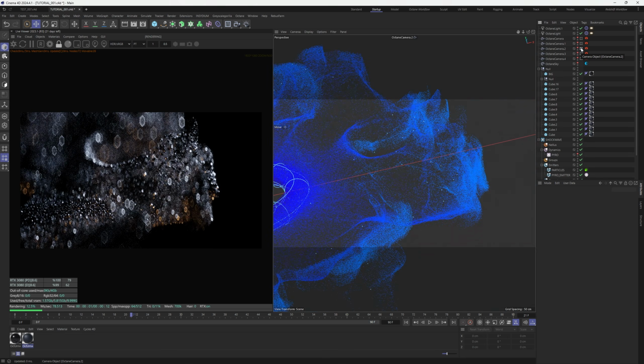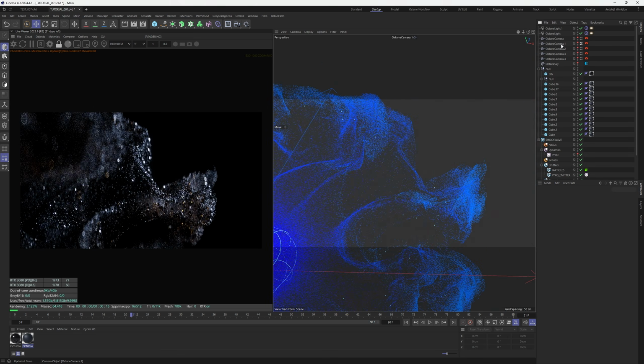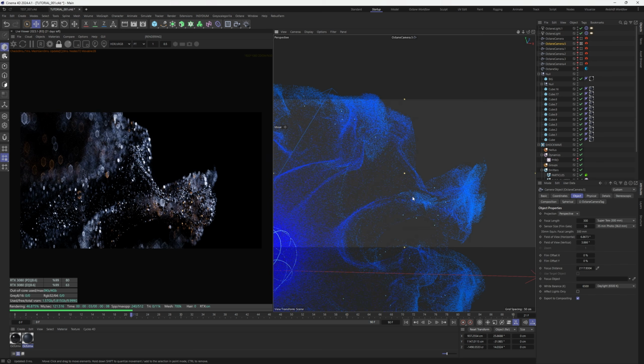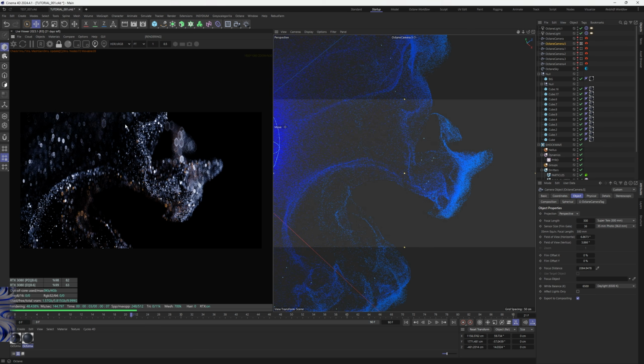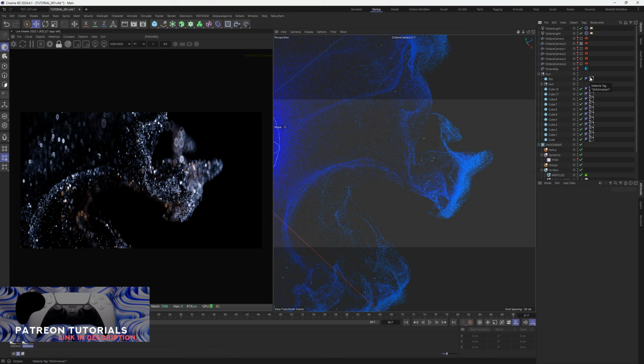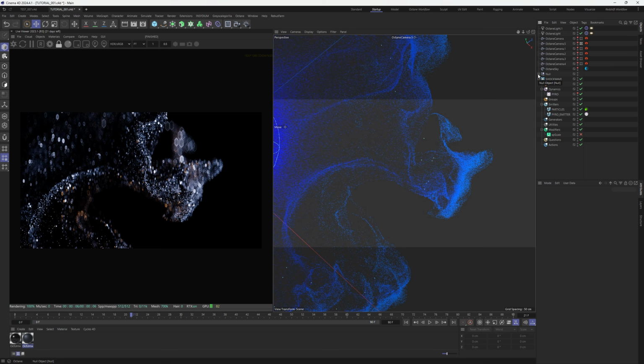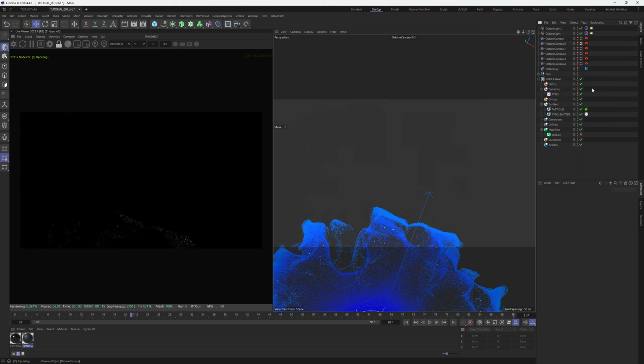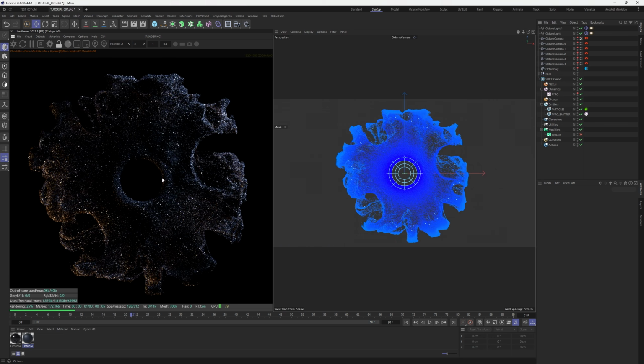So yeah, this is looking really cool. I really like that. Maybe just try one more camera angle somewhere on this side. Cool. Not a whole lot else to change here. I'm going to show you a couple more tricks that I did to make this look good. What we should do as well is just check this top angle. And you can see now with that particle size adjusted, that looks quite a little bit better. It's popping a lot more, a bit more contrast. And we can mess with the